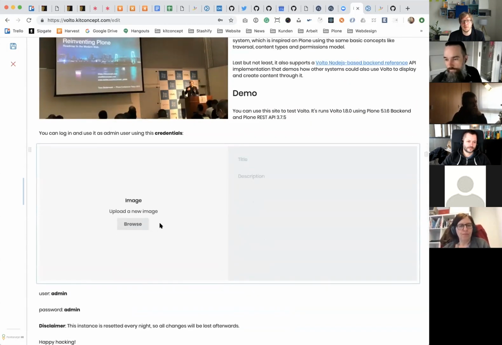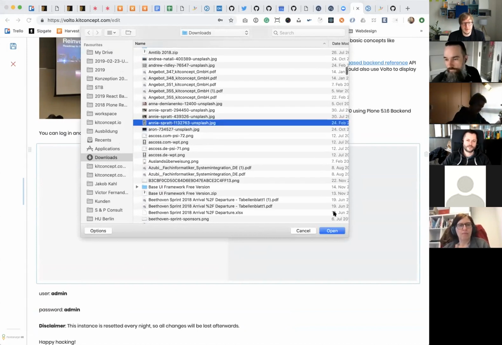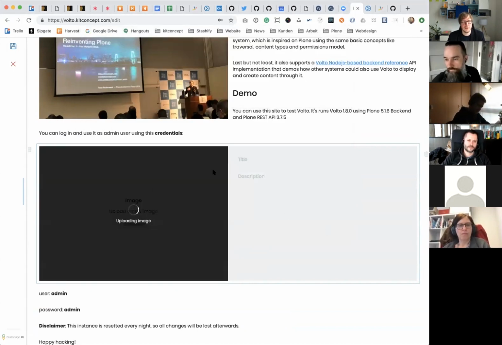Hero elements are something where you show an image on the left and title and description on the right, so you can upload an image. Hope I will make a better choice here. So it uploads the image here on the left side. Those are Unsplash images, so they are 10 megabytes or something.